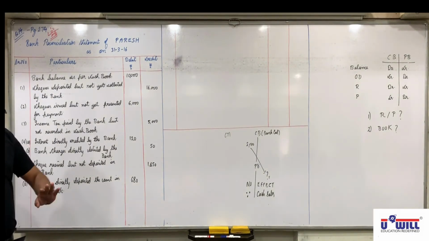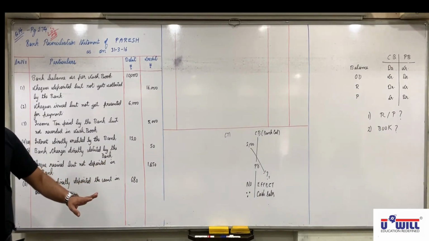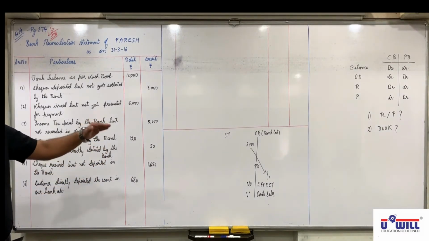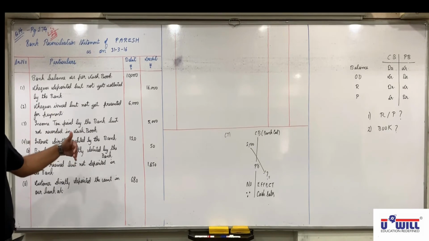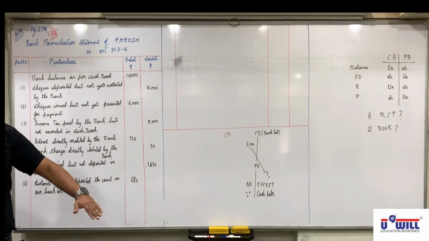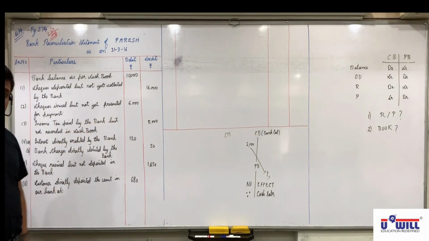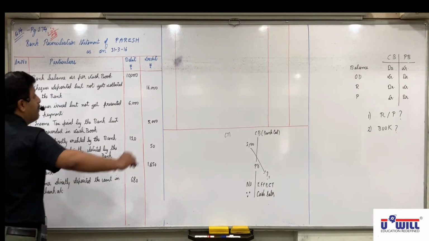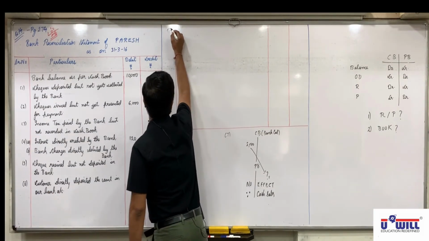Okay, passbook will have no effect because it is a cash sale. Now if we compare the two books, then 2000 is coming in cash book, bank column on debit side, but it is not credited in passbook, so we have to credit in BRS. Reason will be cash sales